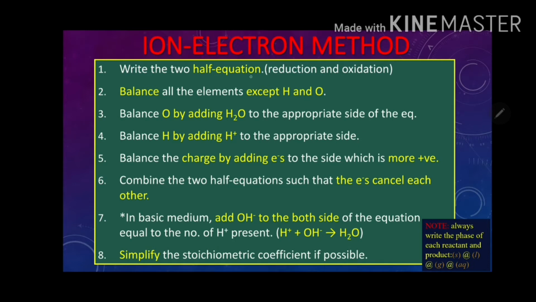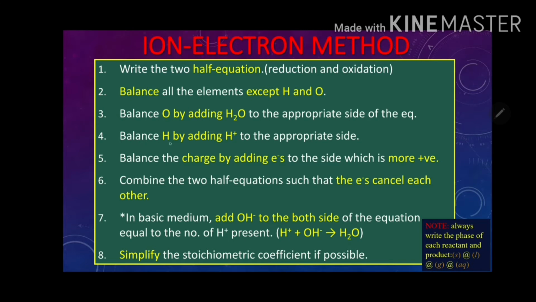So we write down the 2 half equations, which is reduction equation and oxidation equation. Number 2, we balance all the elements except hydrogen and oxygen. If you notice, we do the same thing for inspection method, correct? Yes. Next, number 3, balance oxygen by adding H2O to the appropriate side of the equation,